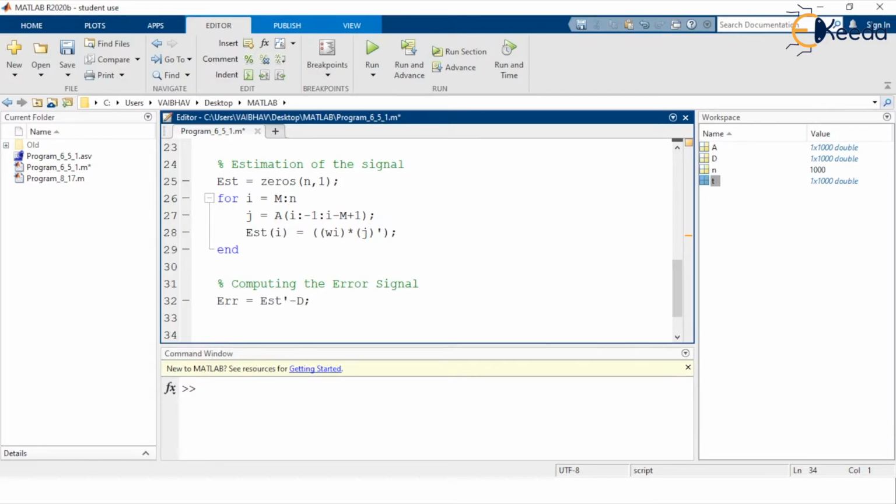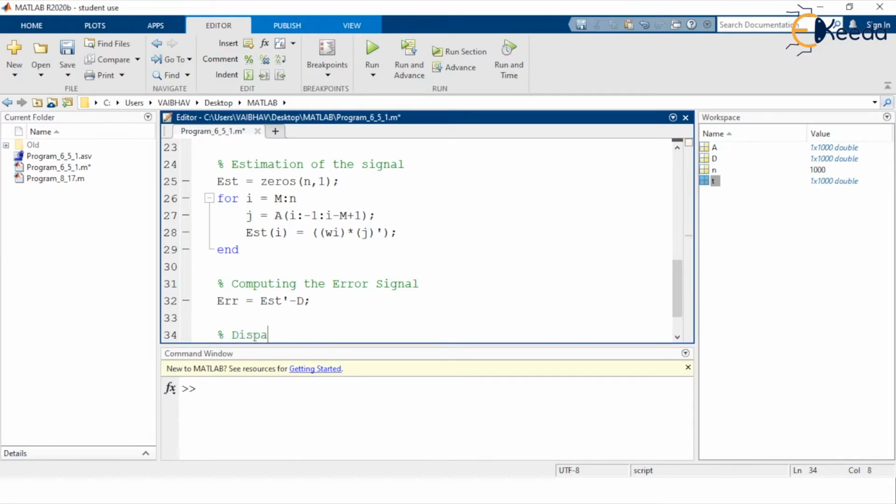The third one is the estimated signal according to the LMS algorithm structure. And lastly, the error signal, which is the difference signal, as we have just computed. So the four versions of the signals, using the LMS algorithm structure for adaptive filtering, we would like to display here.